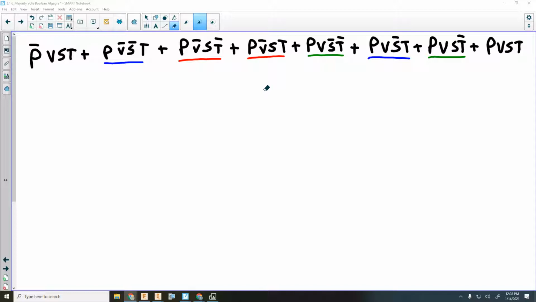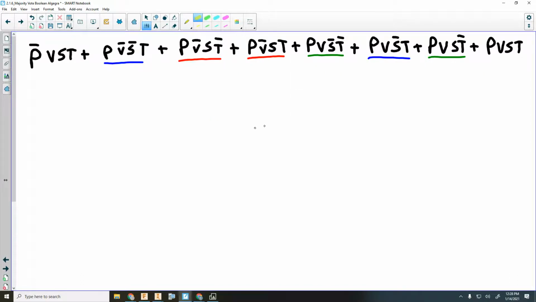Yes? All right. So you'll notice I grouped some terms together that I want to work with, because the ones I underlined in blue have 3 variables in common. These two have 3 variables in common that I underlined in red, and the ones I underlined in green have 3 variables in common. And you could also say, well, Mr. Conrad, you could do that with the first one and the last one. Well, yes, you could. But it finally hit me,